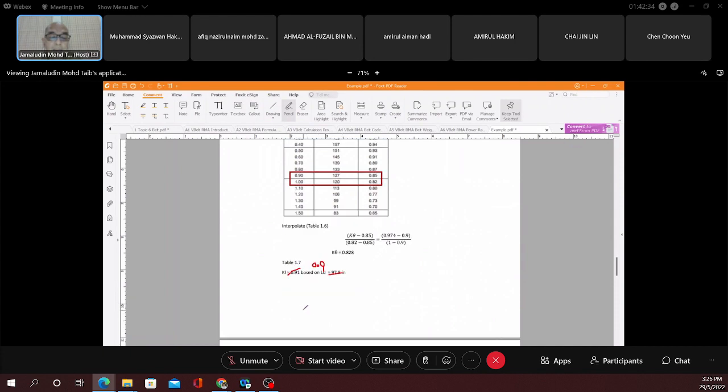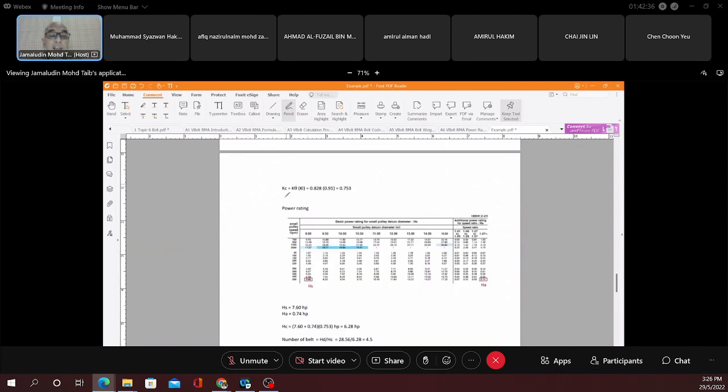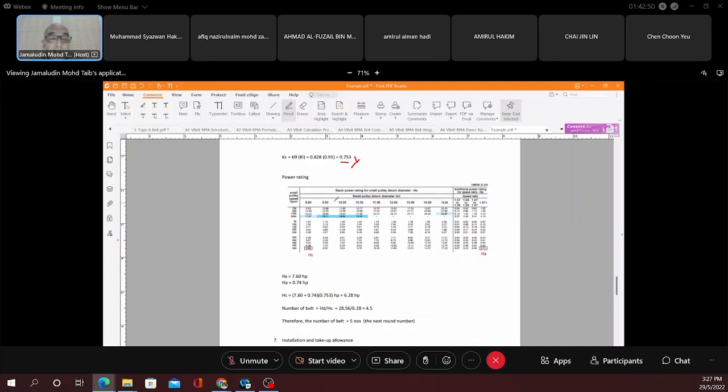Okay, 0.9. Okay, KC equals KL times K theta. Okay, make a correction here. I think at the end of the day, it will affect the number. It won't affect the number that much. That correction here. Okay, for S, the 9 500, you get 7.6 horsepower, and ratio of 3 is 0.74. That means you will get 0.76,